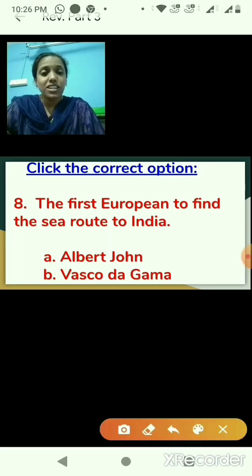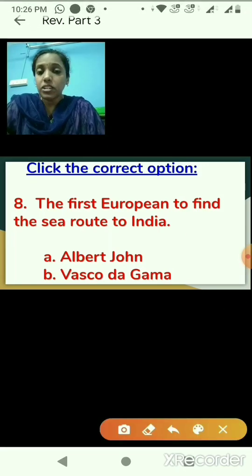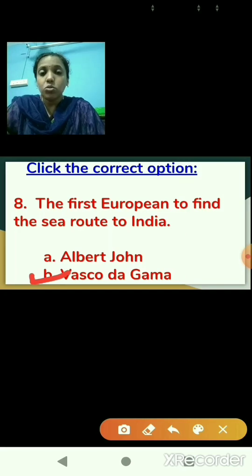So which is the correct option here? Option B is correct. So here this is a kind of name the following. So we will be having only 2 options. You need to select the correct option here out of 2. So the first European to find the sea route to India is Vasco da Gama, option B.